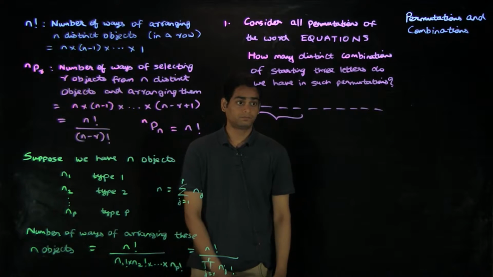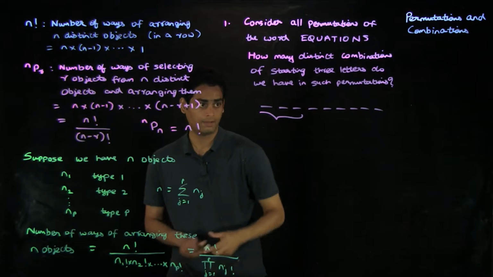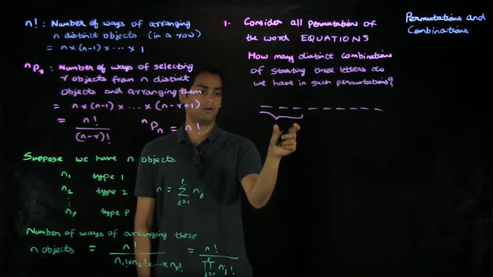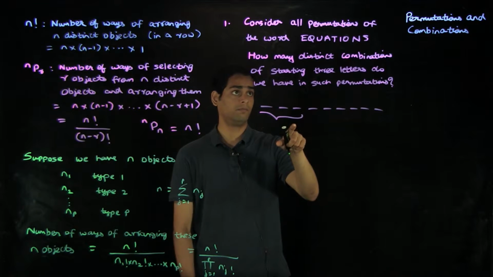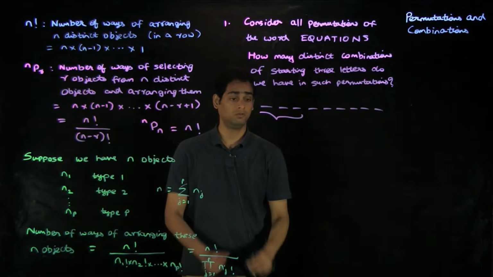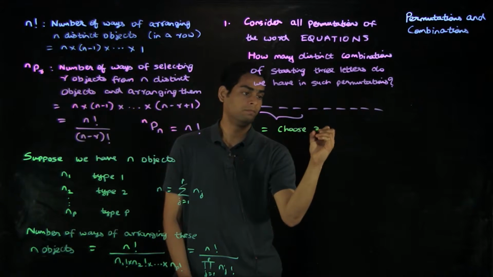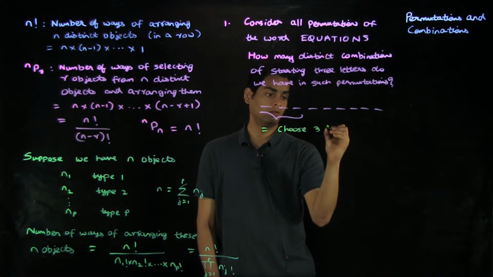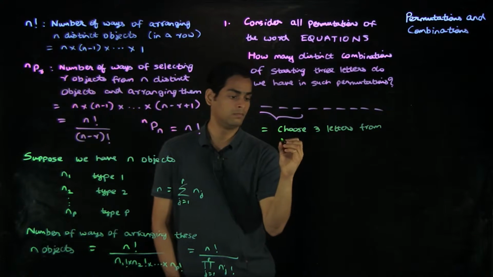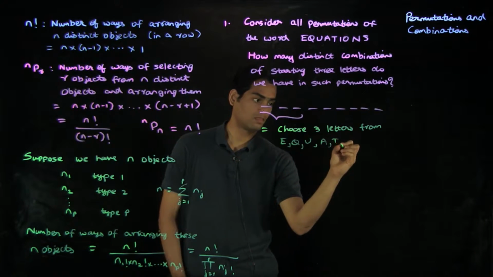So notice that this is nothing but considering the number of different 3-letter combinations which can be obtained, number of distinct 3-letter combinations which can be obtained from the word equations. So this is effectively nothing but choose 3 letters from these letters in equations